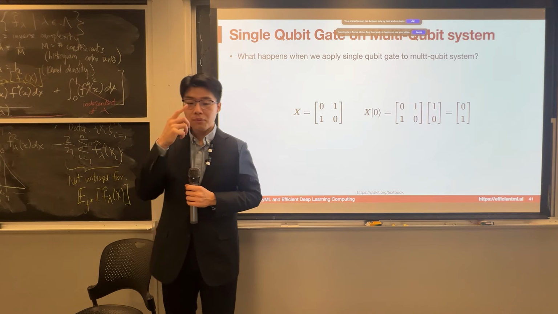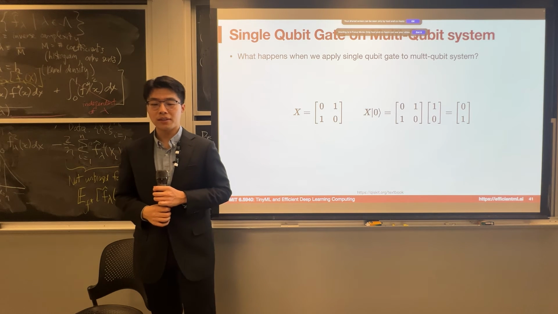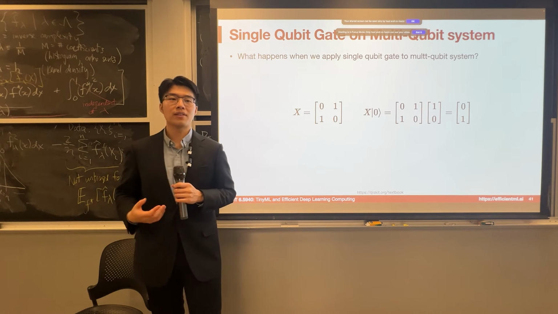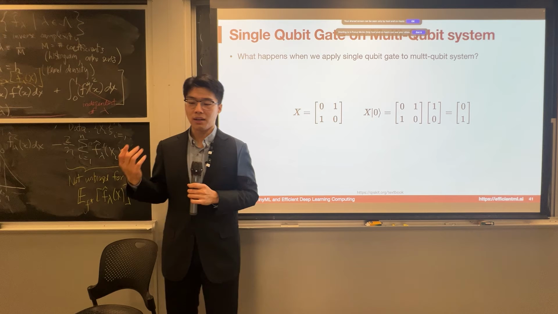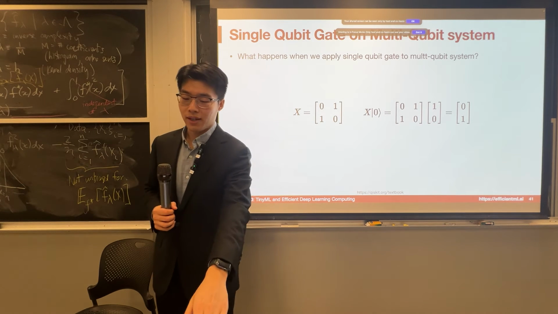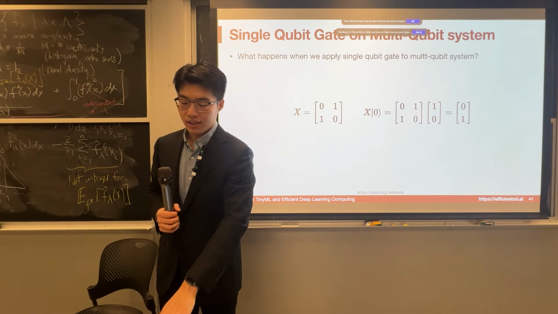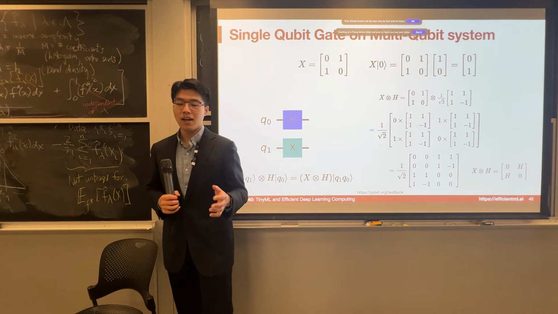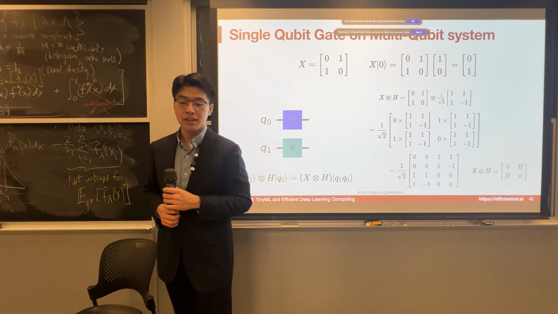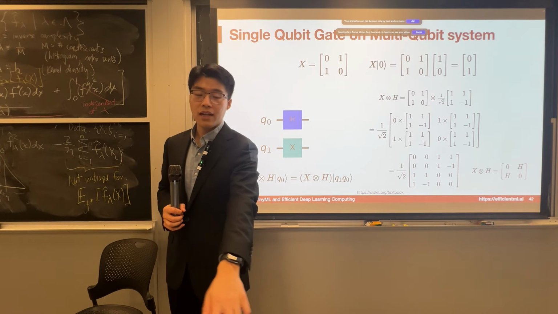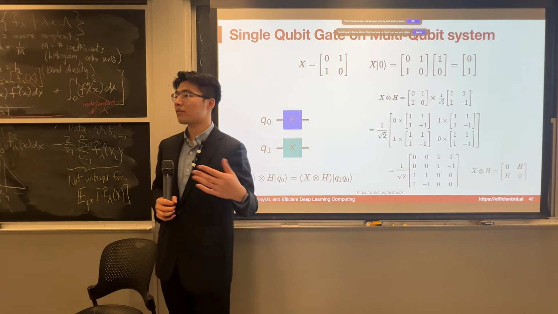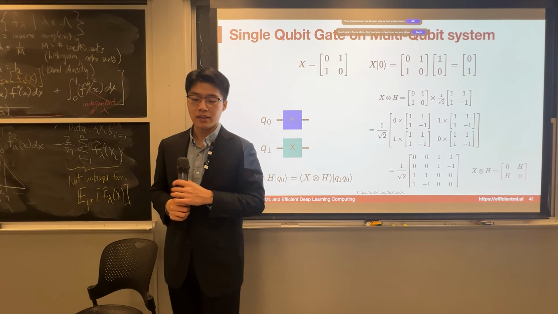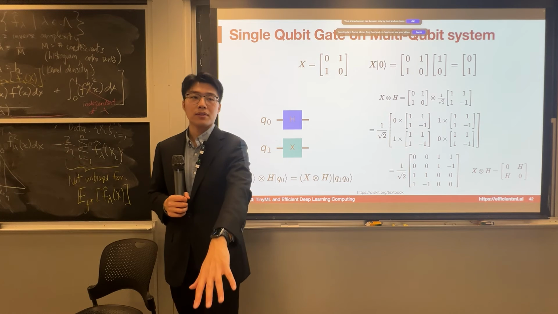And then when we have this multi-qubit system, we want to ask what happens if we just apply one of our previously introduced single qubit gates to this multi-qubit system, right? So say we apply this X, and that should flip this 0 to 1. But when we apply this X to a 2-qubit system, say for Q0 we have Hadamard gates, and then for Q1 maybe we want to apply another gate, what should be the mathematical equation for manipulating this system's state?